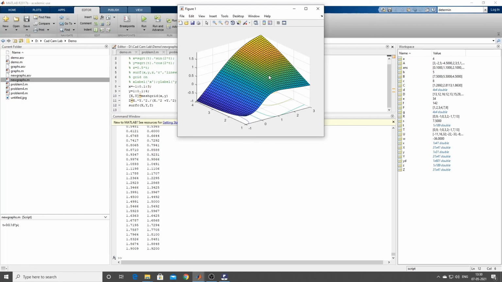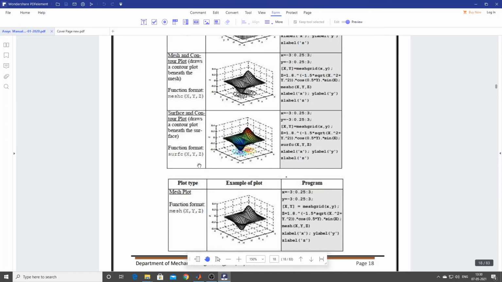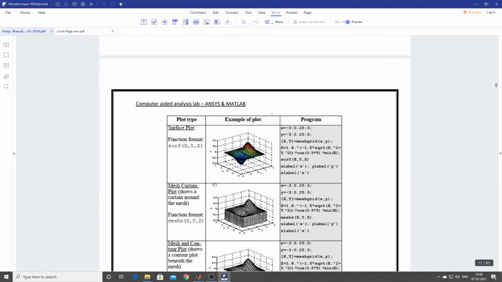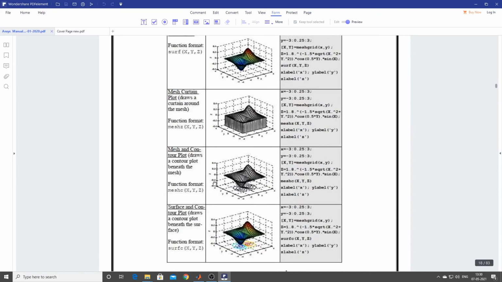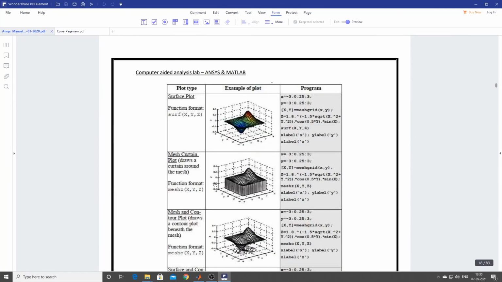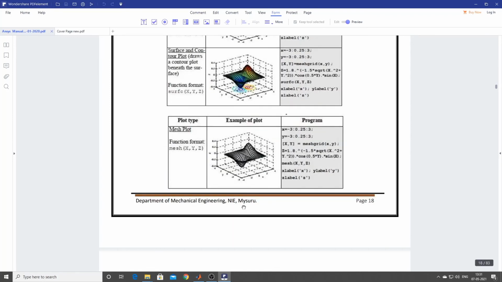A different thing. Okay, so like this you have, please go through this table. You have lot of options to go for, different type of surface plots, especially 3D plots, whichever that is feasible for you and whichever that is required for you. You can use whichever suits your analysis or your problem, etc.